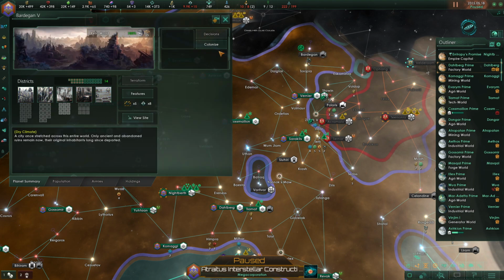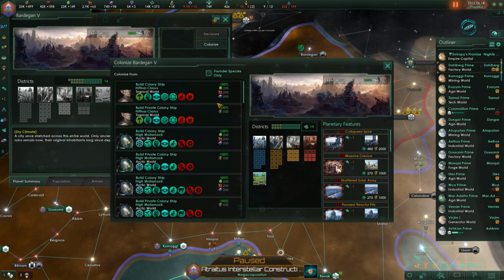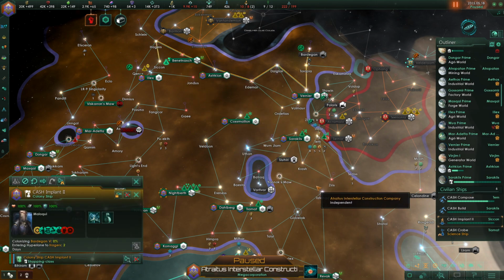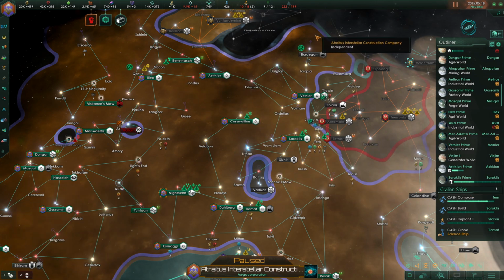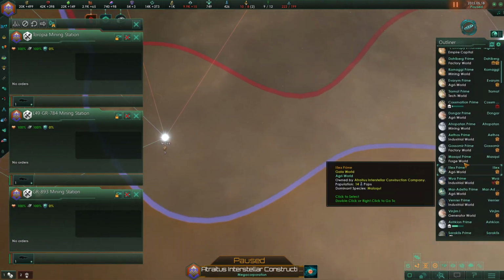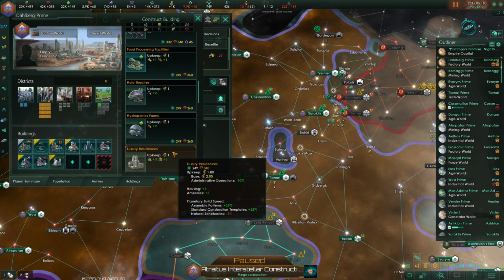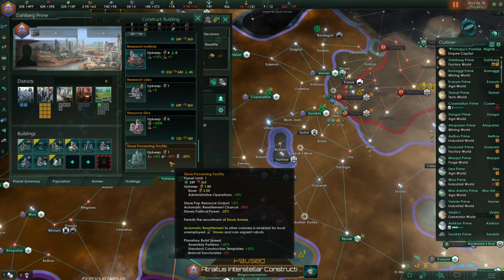Yes. This relic world should be colonized already, right? Yeah, we've got a planned colony there. Are we already there? No, we're on our way over. Okay. So that should go there. And that, of course, means that on this factory world, we would like to put in...